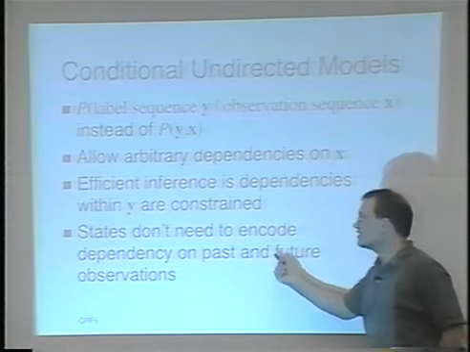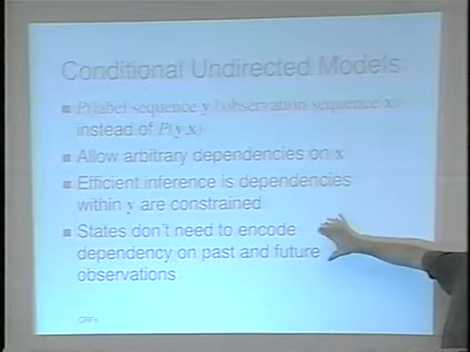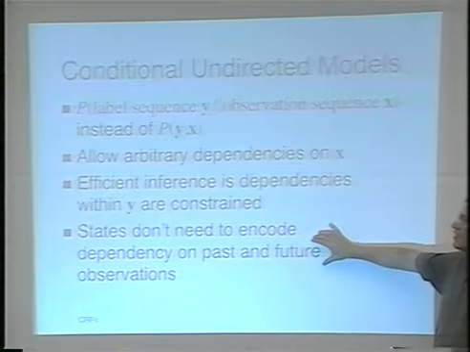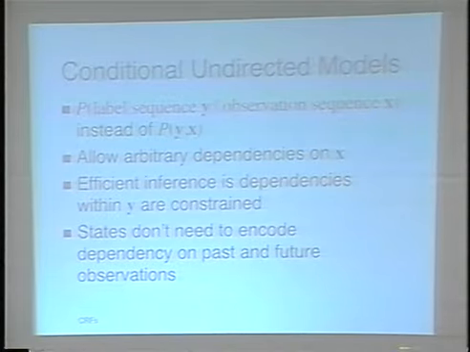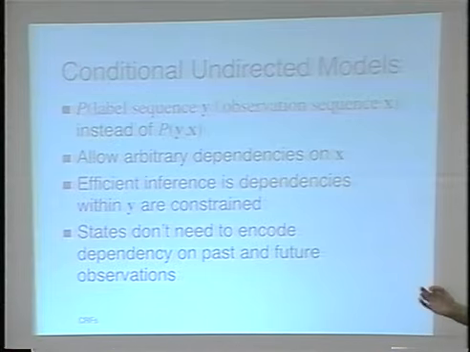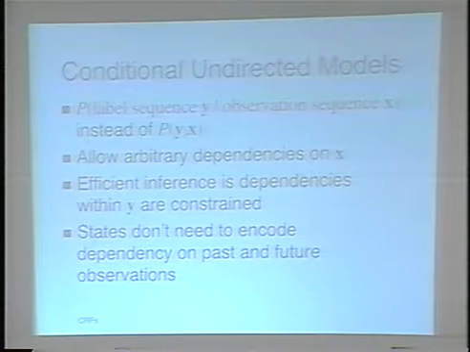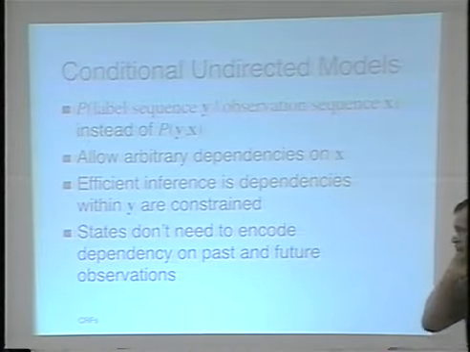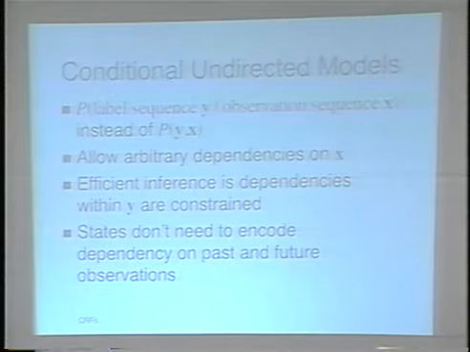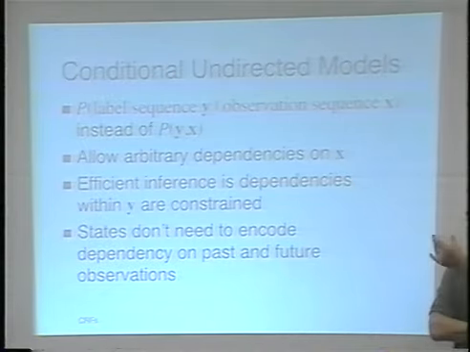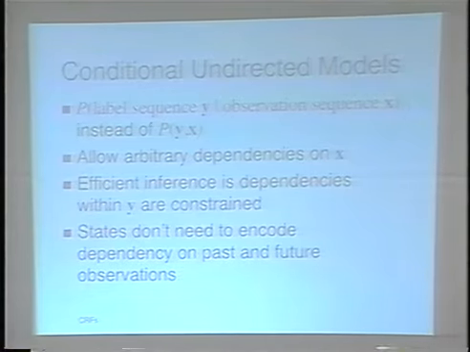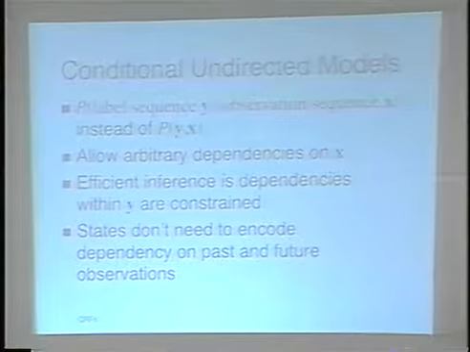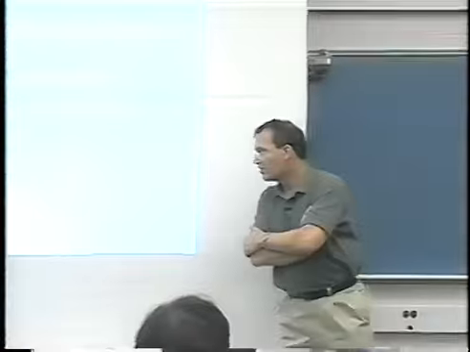Now, one thing that is not obvious the first time you see this, but I think is quite important, is that if you are using HMMs, you have to use the states to encode not only your decision but also some memory of the history. By the way, the same argument applies for probabilistic grammars. So for the context-free case rather than the finite state case, you use the nonterminals to encode not only your decision but also some memory of the history, because you need that to condition your future decisions.